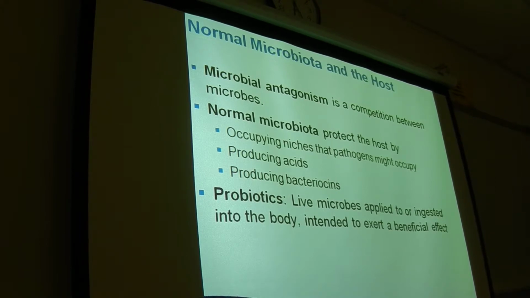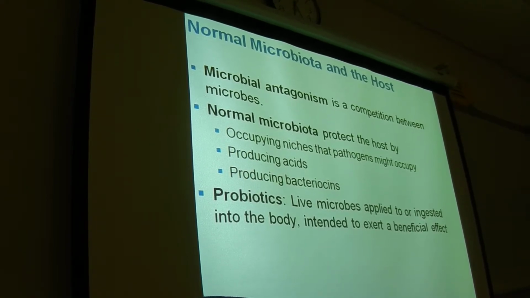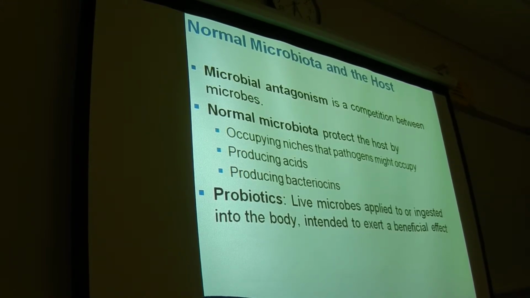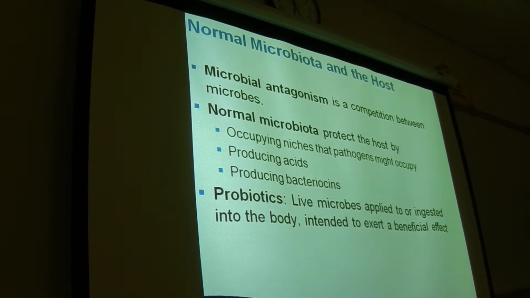So here's, again, a little bit more about microbiota. Microbial antagonism is the competition between microbes. That's how the normal microbiota we have typically helps us. It basically antagonizes pathogenic bacteria, so bacteria that cause disease. It prevents bacteria that cause disease from being able to colonize our body because the normal microbiota has already